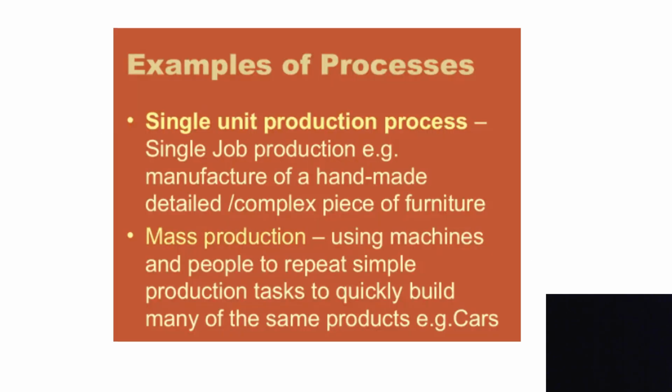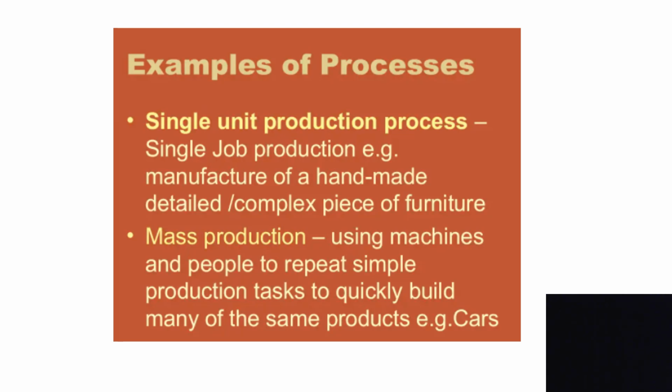Right. So coming to the next one, which is the batch and continuous process. Okay, so batch process, what do you mean by batch process? When there is a single job operation, you call that a batch process. When you go for mass production, you call that a continuous process. Example is